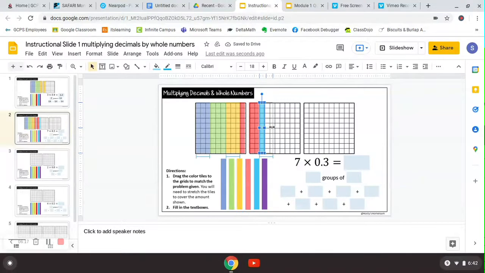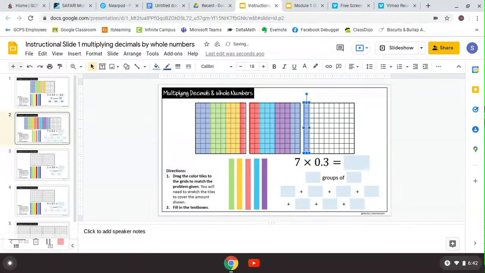One tenth, 2/10, 3/10. Grab a different color. 1/10, 2/10, 3/10. So now we've used 1, 2, 3, 4, 5, 6 groups of 3/10. Now we're out of colors, but that's okay. We can just go back and use the first blue again to make our last group of 3/10. 1/10, 2/10,